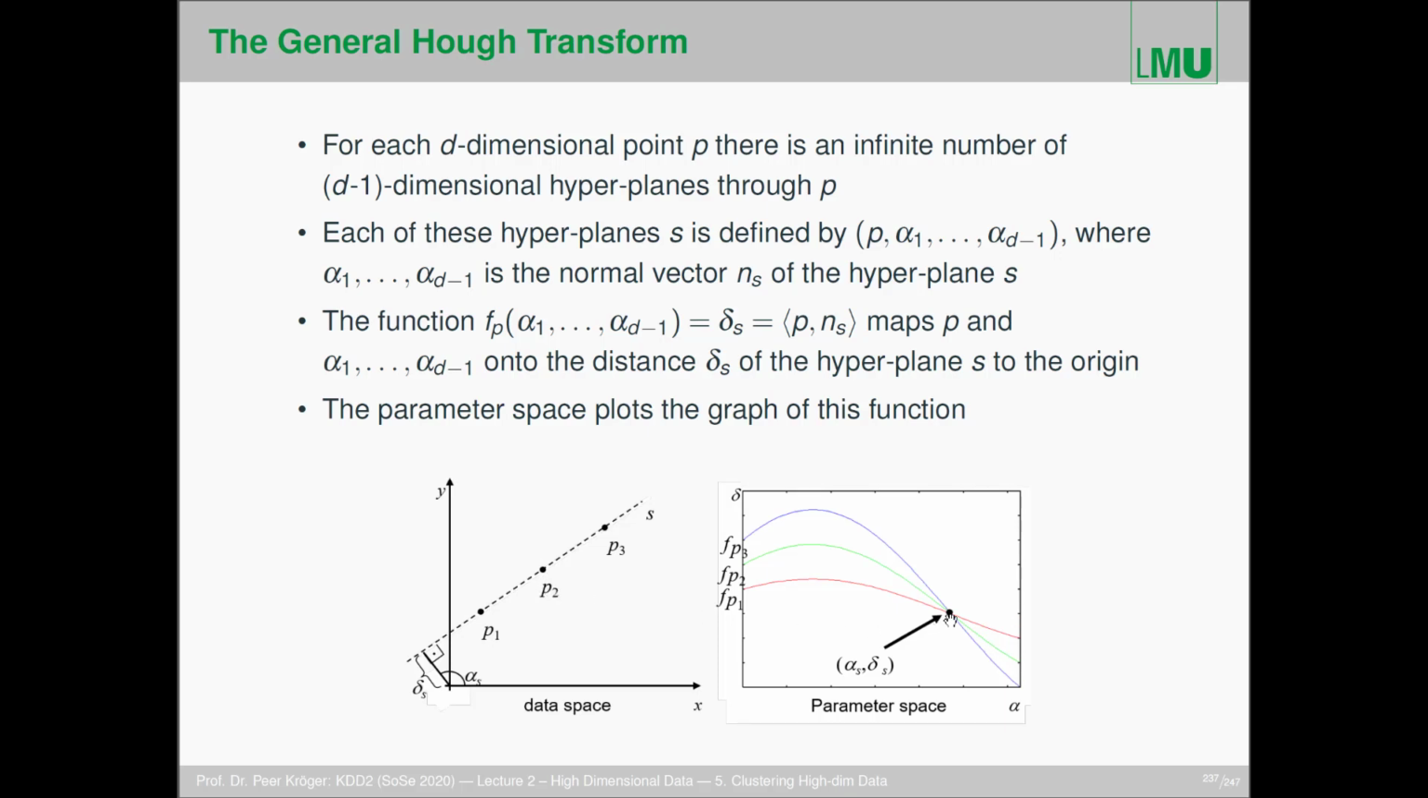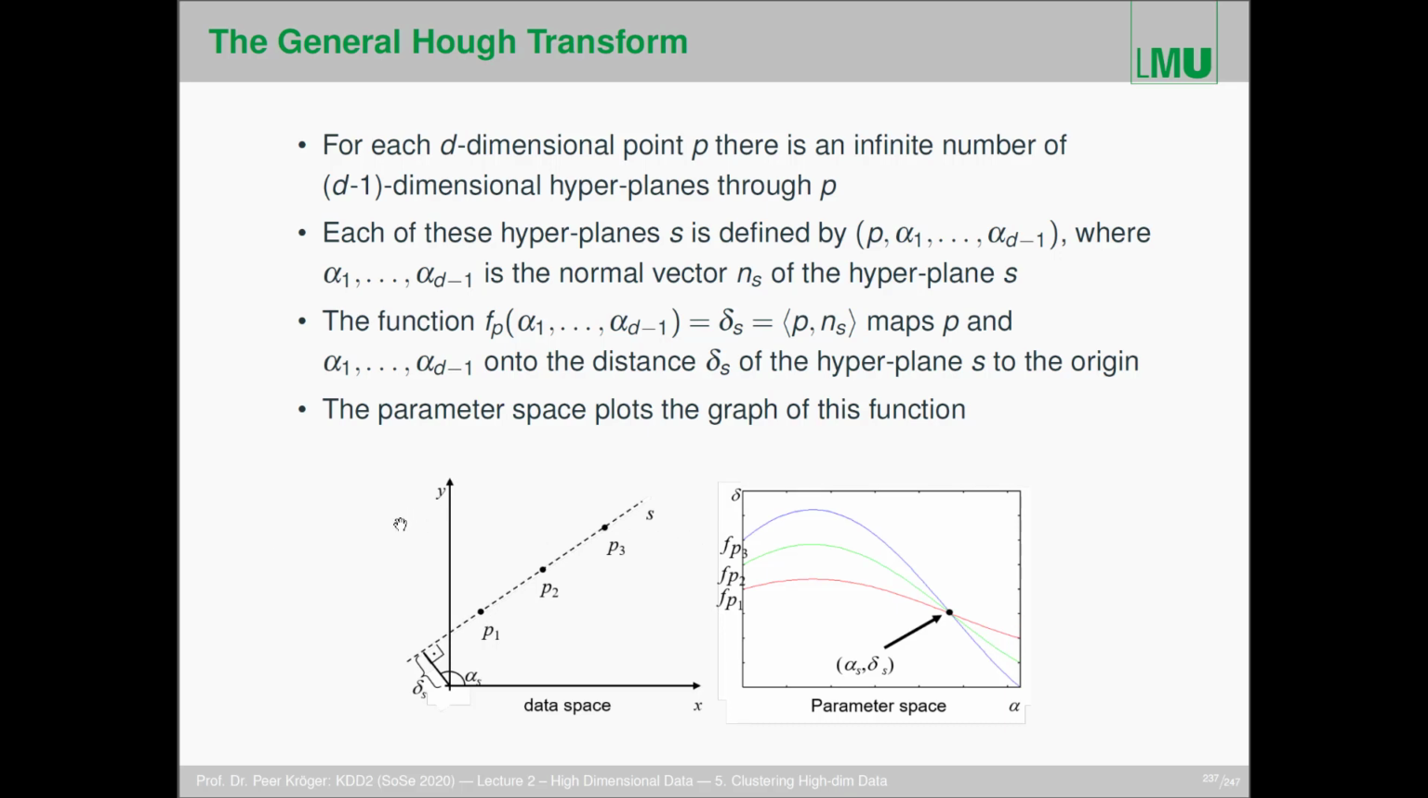Yeah? And you see here that these three graphs intersect at exactly one point, and that is actually the line S here, which goes through all 3 points, so it is exactly that line that goes through all those 3 points here. Yeah? So this point here has a specific alpha, so a specific normal vector, and a specific delta. So here, so this actually represents exactly this